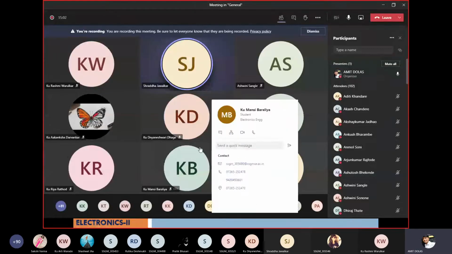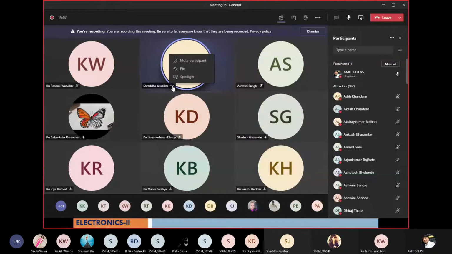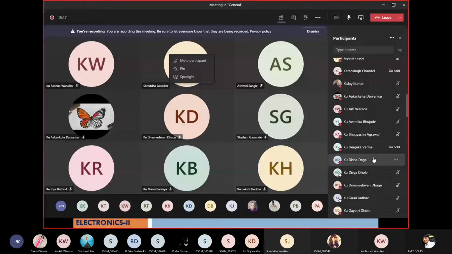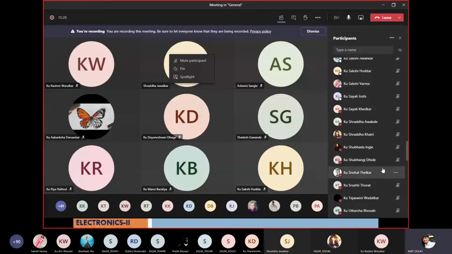Shraddha Zawarkar is there. Hello. I wanted to talk to Shraddha Zawarkar. Are you there? Shraddha Zawarkar, I wanted to talk to you.